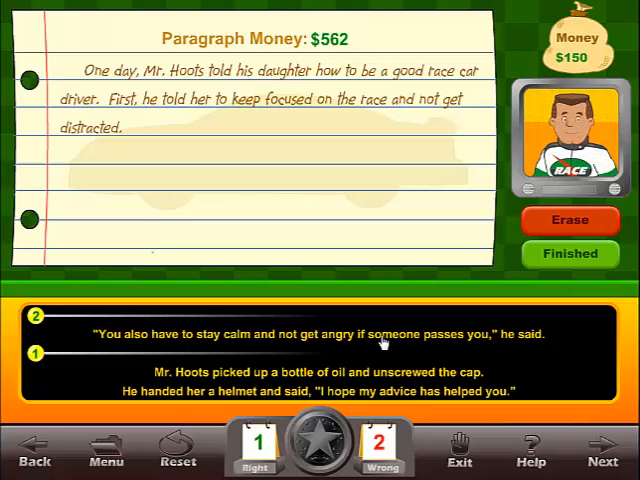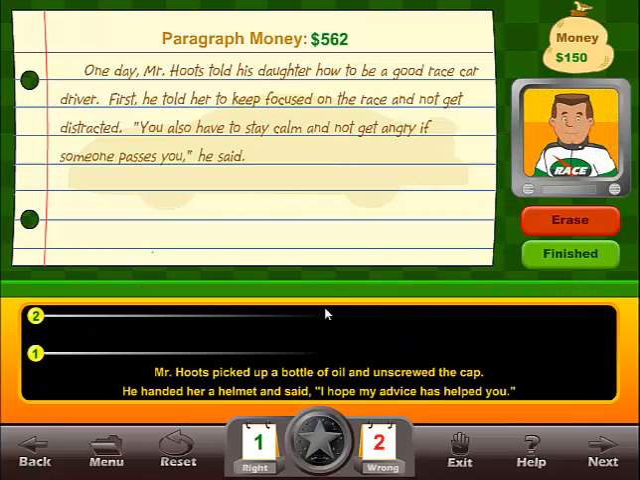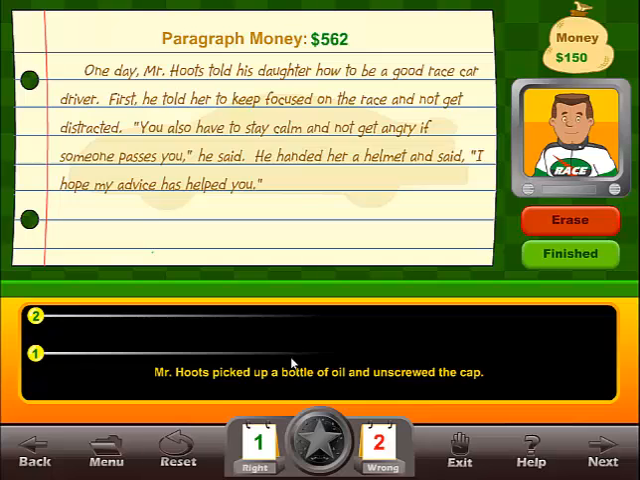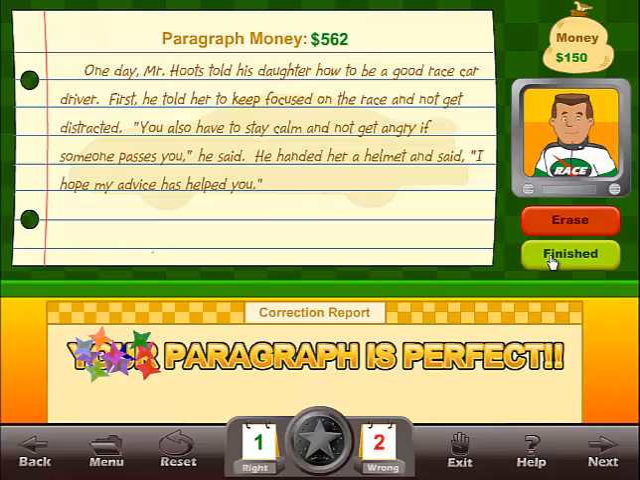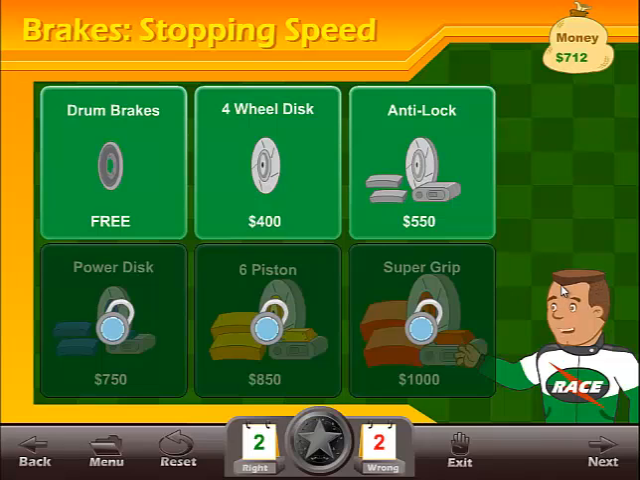And this one and this one, and we really don't need to have this sentence here. Let's try that. Your paragraph is perfect. Click on the part you want to buy. Now we only have $712 left, so we can't buy our super grip brakes, but we can buy a four-wheel